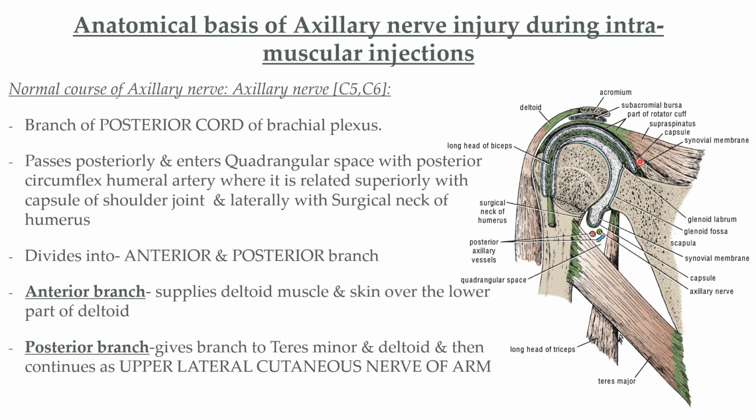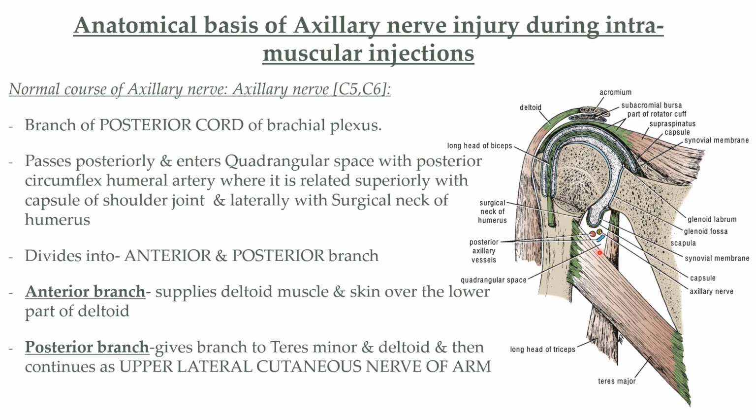which you can see in this illustration, this yellow color structure is the axillary nerve. This axillary nerve passes through the quadrangular space, which you can see here. This is the quadrangular space. So this axillary nerve passes through the quadrangular space, and on its way it provides nerve supply to the shoulder joint, and then it divides into its two terminal branches, which are called anterior and posterior branch, or anterior